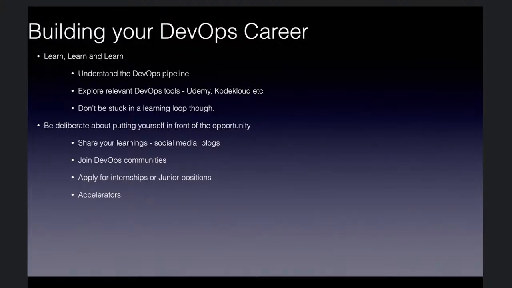Also, like I said, don't be stuck in the learning loop. As you're learning, apply for positions. Junior DevOps, internship, try. Even as you're learning, if you know you've learned the basics, just try. Even if you don't get the jobs, you begin to get an idea of what they want. Once you interview once, you interview twice, you begin to see the pattern and say, okay, I should focus on this area more, or I should focus on this area a little.